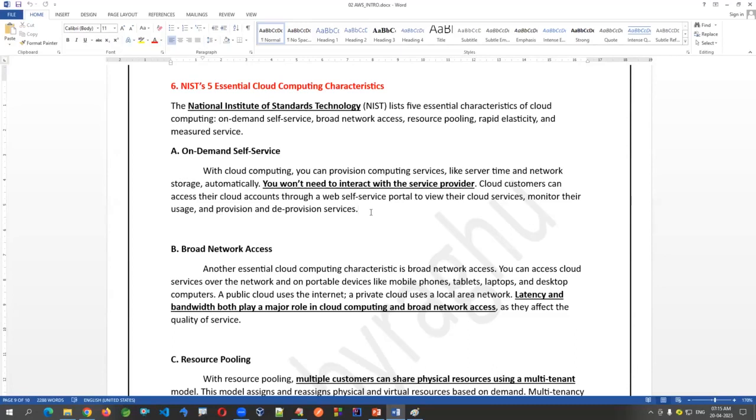Whenever it is required, for example, I deployed my application, which is taking something like 5 GB of storage. Suddenly, if more requests and more data came, it should be increased automatically, like 1 GB plus 1 GB plus continuously. I should not do it manually. It is based on the requirement that the application is using. Of course, we have to pay for that. That's called on-demand self-service. No human interaction.